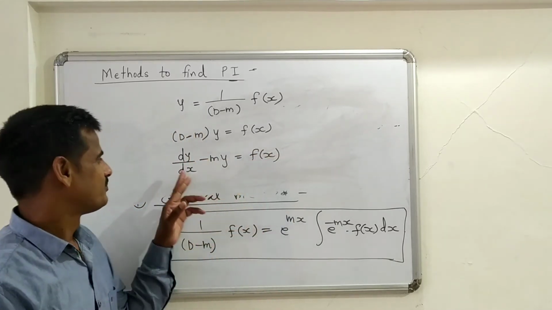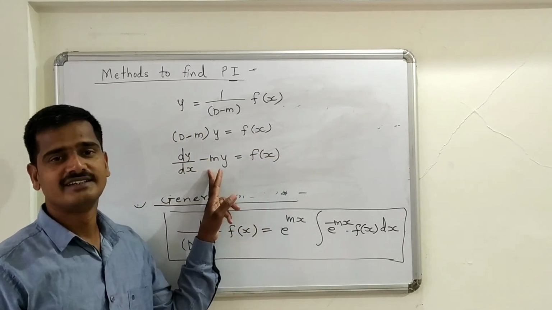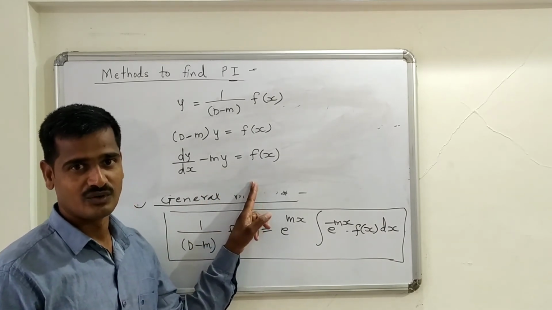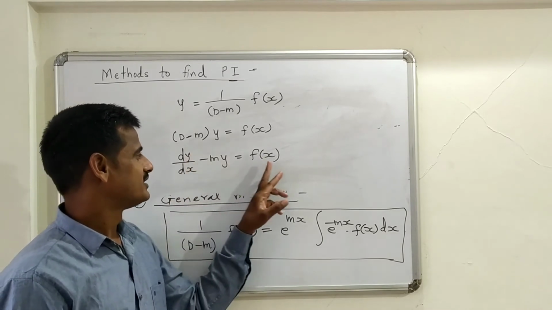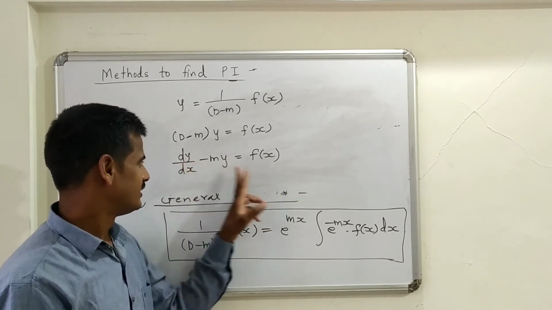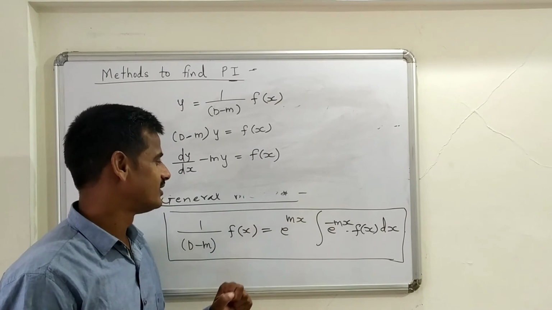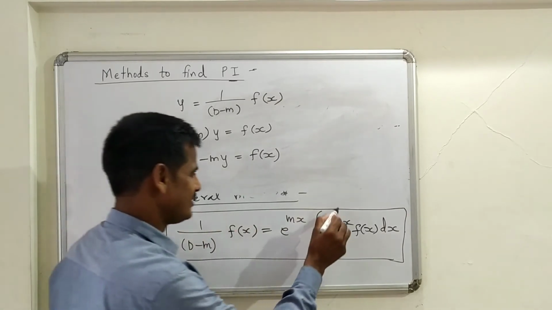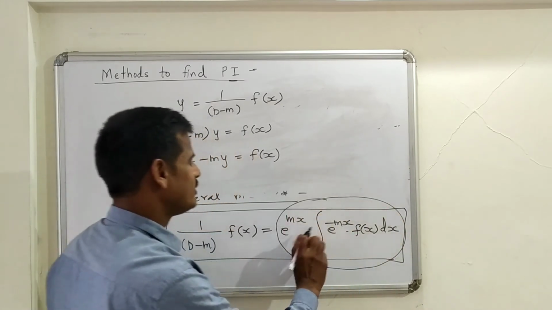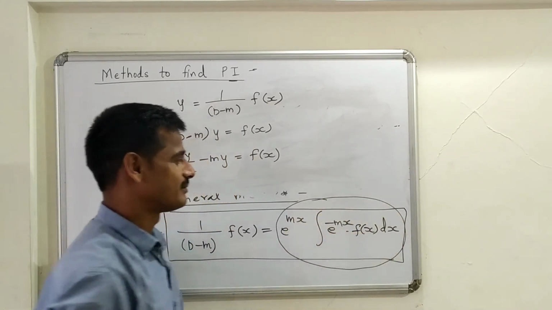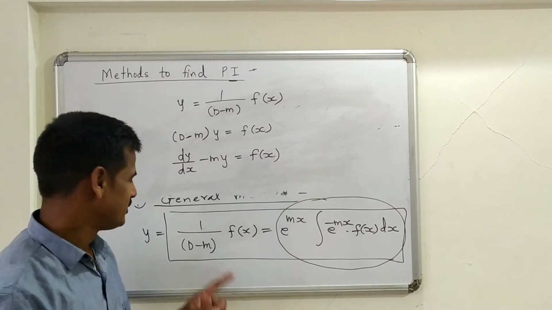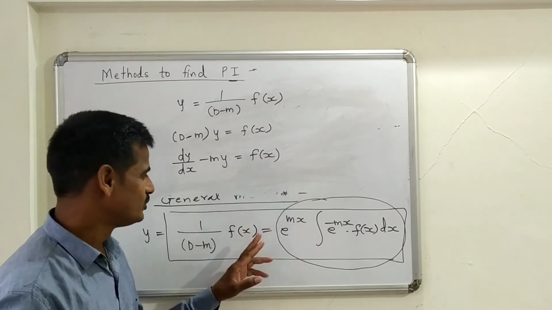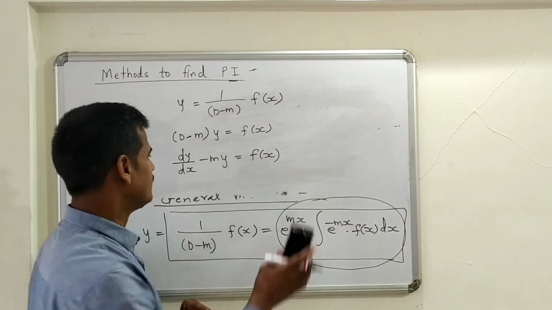As we know, it is a first order, first degree linear differential equation, so get the integrating factor and its solution. You obtain the solution of this linear differential equation for the case c equal to 0. So you will get the value of y as e to the power mx into e to the power integration of e to the power minus mx f of x dx. Please do remember this result. It is very important in the general method, and do this as an exercise. It is not difficult.